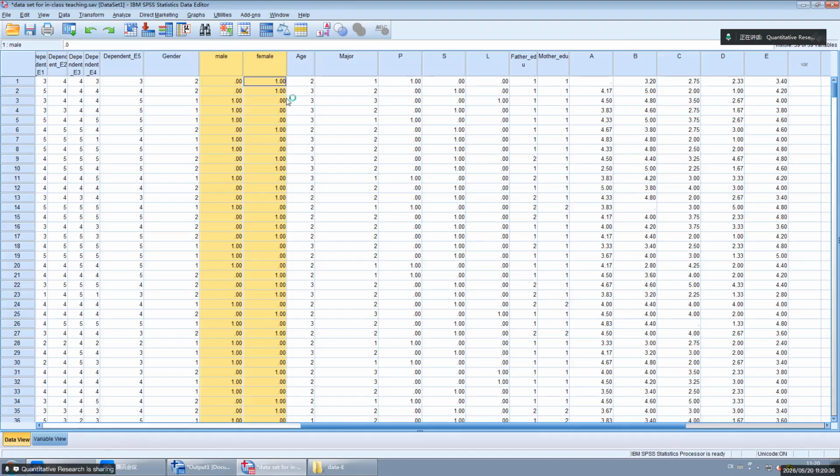You need to use the mean score for intrinsic as an indicator for these latent variables. You use the mean score for identity as the indicator for this latent variable, and you follow this pattern and use the mean score for this one.